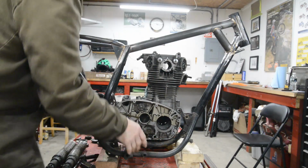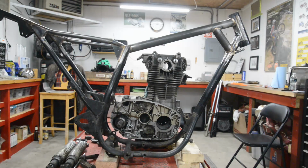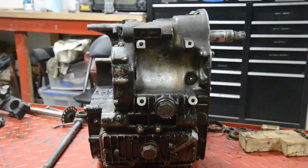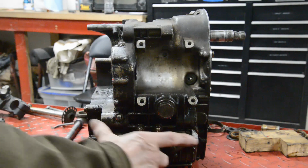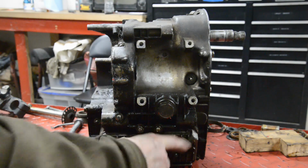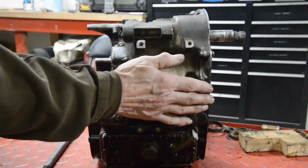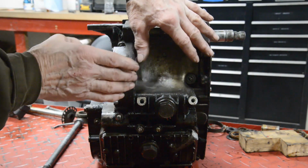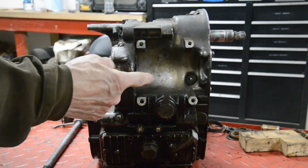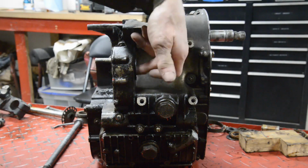And then we'll see how this fits in here. Now there's one thing I'm going to do on the engine as well, so let me show you that. Now here's the bottom of the engine. So as I say, the sump is a width that won't fit into the bottom tubes, but the sump only comes to here. We could drop that in and leave this alone. The thing that's spoiling that is where the starter motor goes. Normally the starter motor bolts on here, sticks through there,